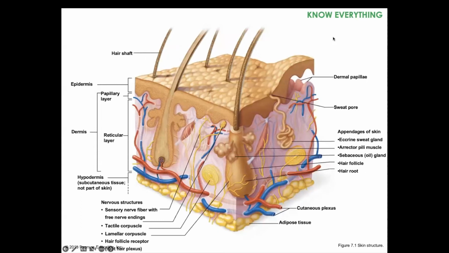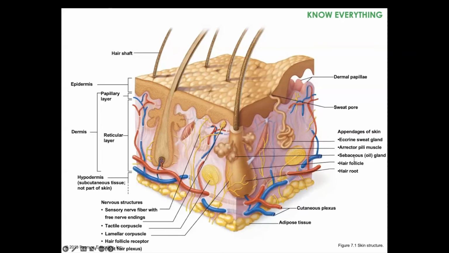Next, we see the different layers of the integument system and the various structures that work together. So we have the epidermis, which is the superficial layer of the integument. We have the dermis, which is split into the papillary and reticular layer. And finally, we have the hypodermis, which is mainly made up of adipose tissue and is not truly a part of the skin. If you look at the border of the dermis, you will see the wave-like shape. That is the dermal papillae, or the papillae layer, which is going to be responsible for your fingerprints. Now, if you look at the reticular layer of the dermis, this is where most of the identifiable structures are